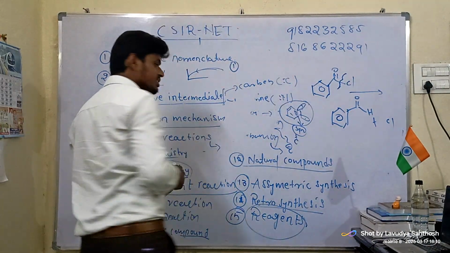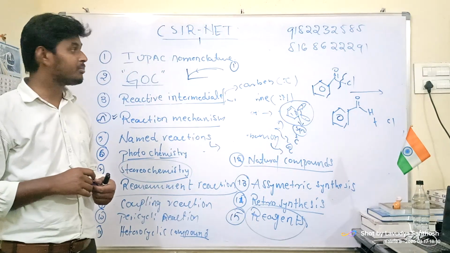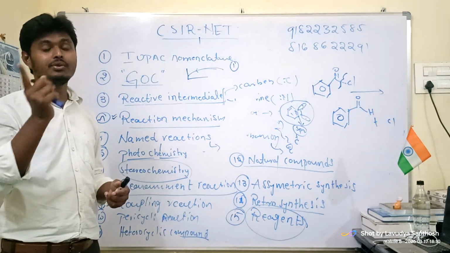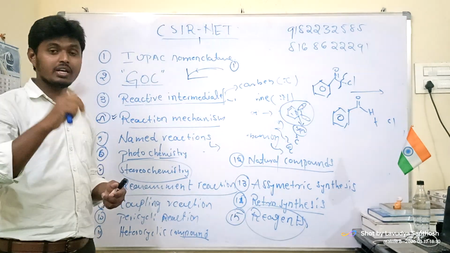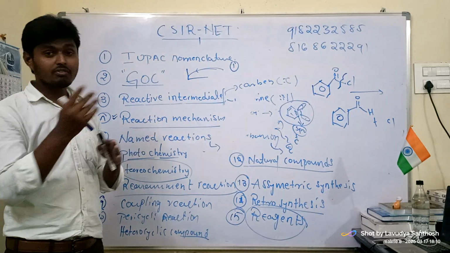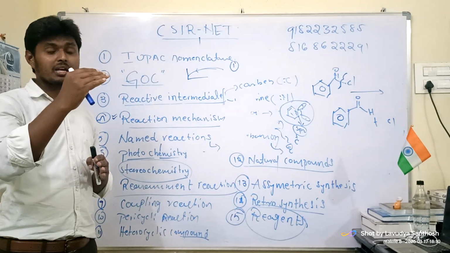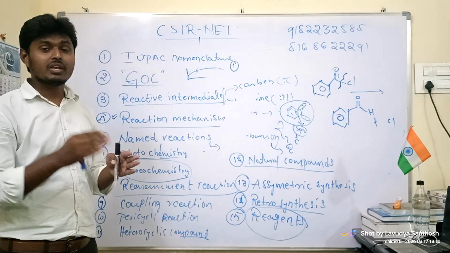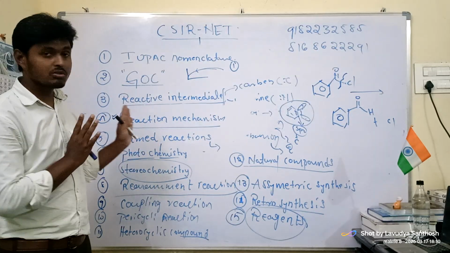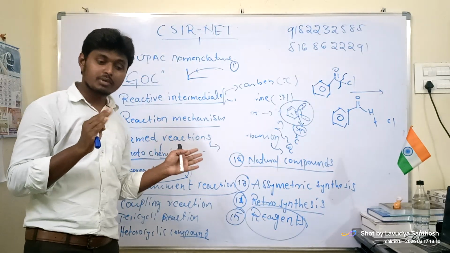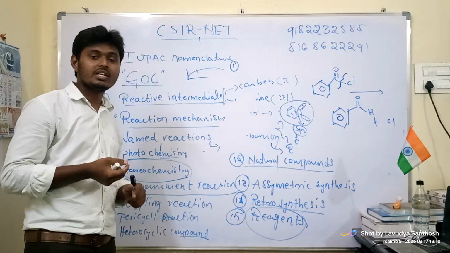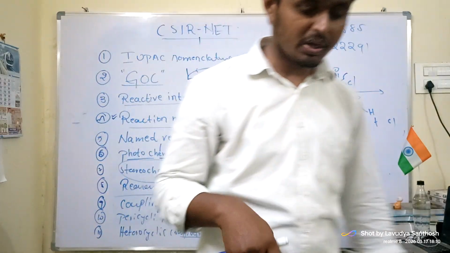Tomorrow we will be starting overlap of hybridization and orbital overlap. We will be looking at head-on overlap and sidewise overlap, what are pi bonds and what are sigma bonds. This we will be seeing in tomorrow's class. The concept of hybridization we have to revise a little, so we are doing that in tomorrow's class. Thank you.